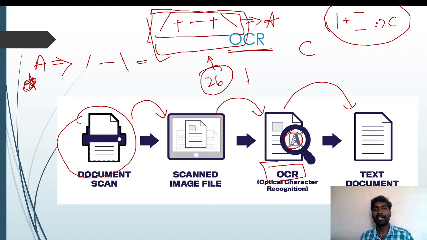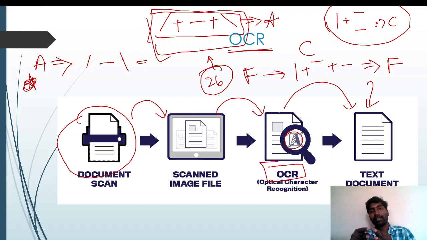For example, if it is an F, for the F, if the computer is scanning, it will divide, plus, so equal to F. So this F will be pasted here. Okay, the text will be converted here. In this image, the slope lines are there. It will make a slope line, and after that it will perform addition and convert into text. Okay, 1 to 3 slope lines, A. So this is the way OCR works.